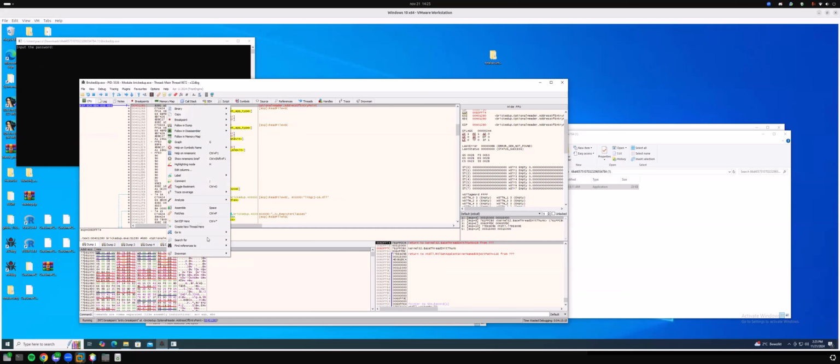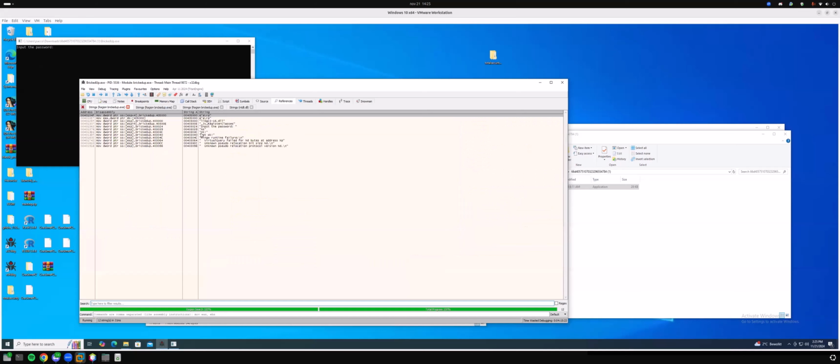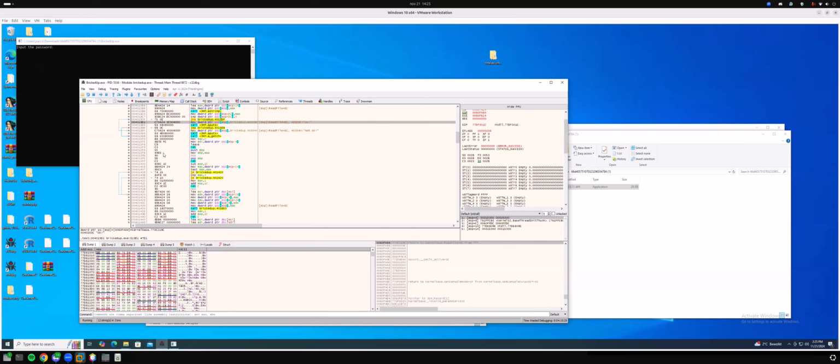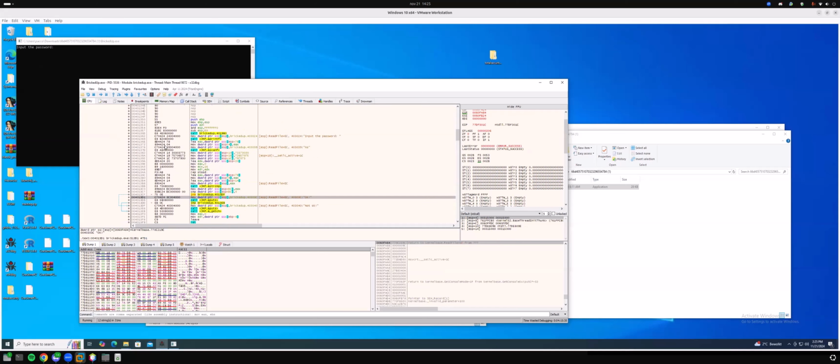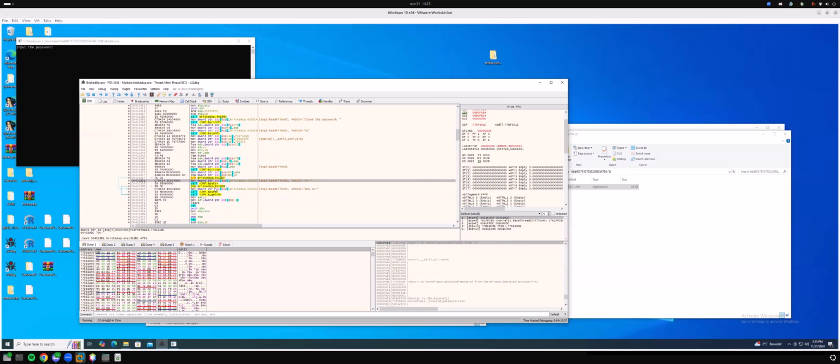Now we are on the entry point. We're going to go again, current module, string references, and then we're going to go here. And here we can see the jumps that we were seeing before. Okay, here's the jump for the puts, and then the other jump for the program. So it starts here. Input password. It's calling printf to print the password. Then doing the scanf. Then right after that it is loading the values